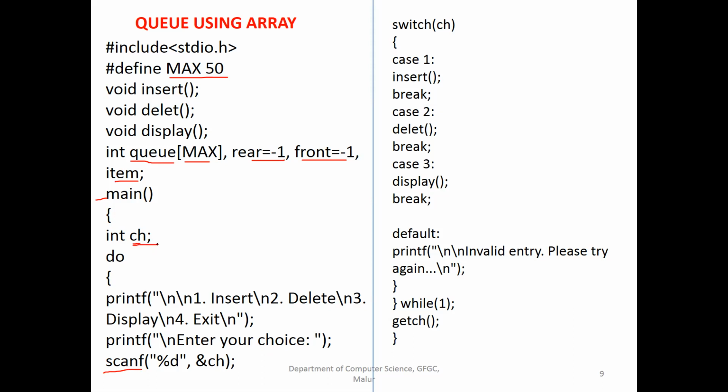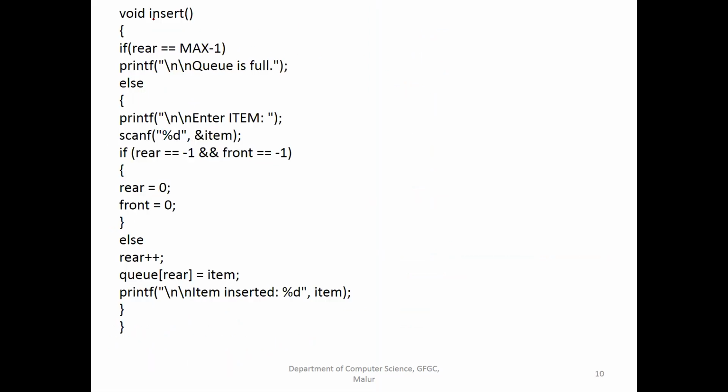See, here we have declared ch. Here you take the value. So in this ch, you need to enter 1 or 2 or 3. Any other number, if you enter, it will show invalid choice. So when it comes to case 1, we are calling a function called insert. Once a function is called, immediately the control will be moved to the called function. So this is the program to insert an item in an array.